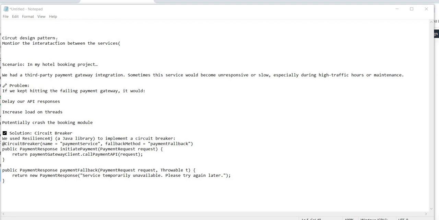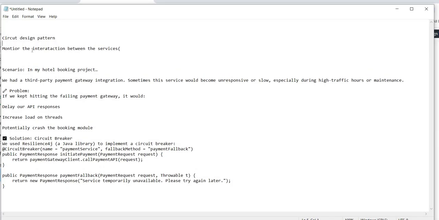So today I will just tell how to explain the circuit breaker design pattern in an interview. You can include this in an interview, since it is a design pattern. You have to explain it in simple terms: it monitors the interactions between the services. If two modules are there, the circuit breaker pattern monitors the interactions between the services or modules to detect any kind of issues